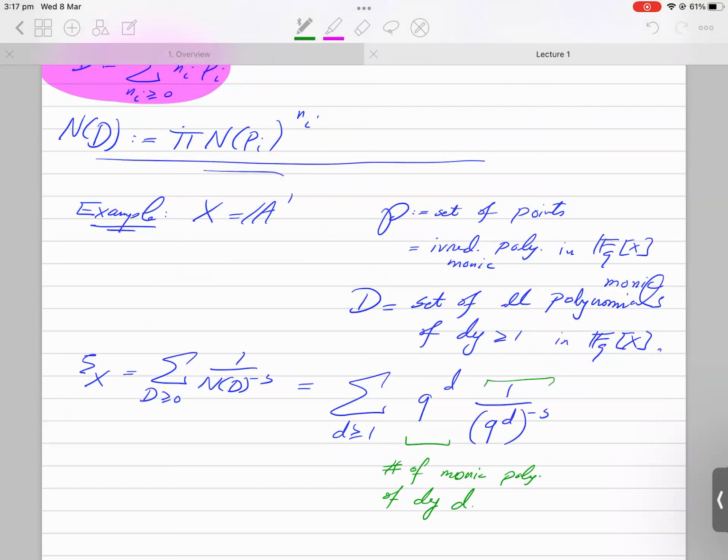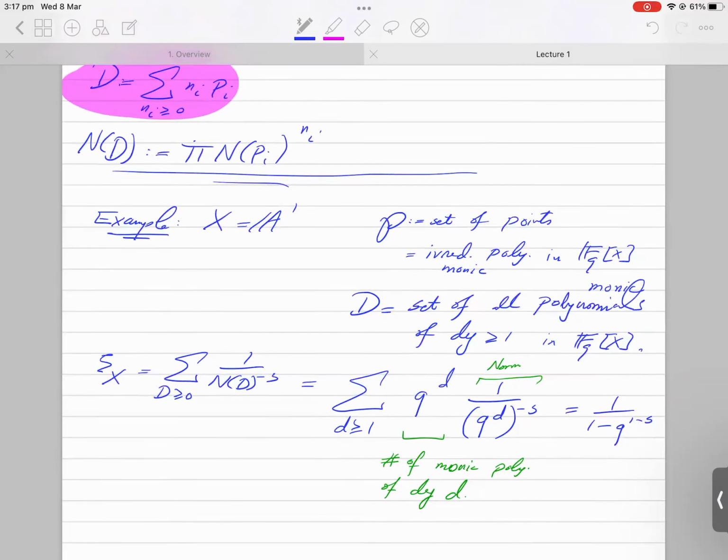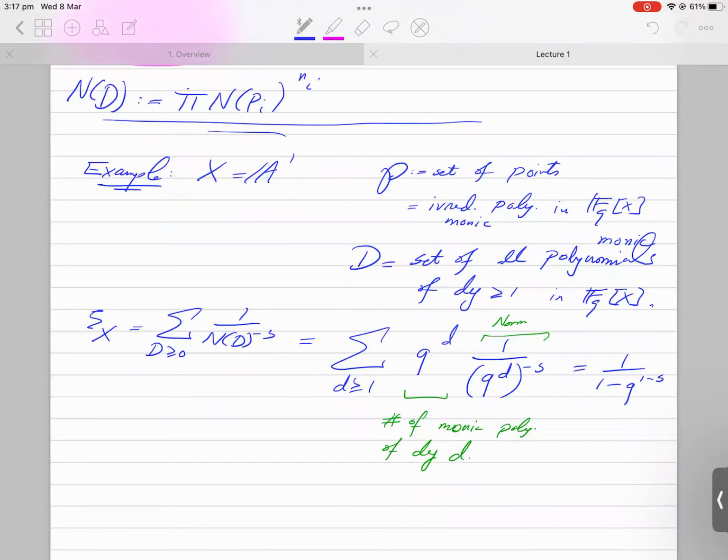Norm to the power minus s. So this is the contribution of the norm, and that's the contribution of how many polynomials we have. Okay, so this is a simple geometric sum. So we get 1 over 1 minus q to the 1 minus s. Just a geometric sum. So that is the zeta function of